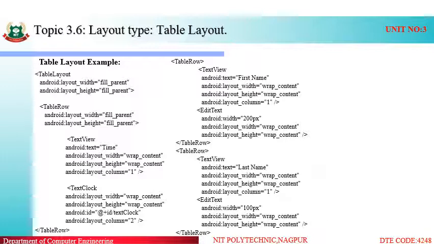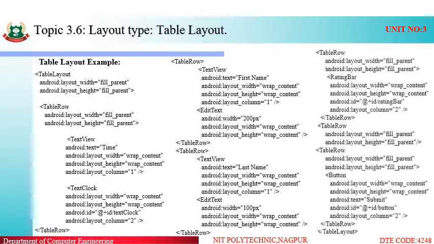So it will specify how that will be displayed inside the corresponding table row or table column. The second table row consists of a text view and edit text, and we have completed that table row with the closing table row tag. Third row, similar contents are given. So we have taken 3 table rows.